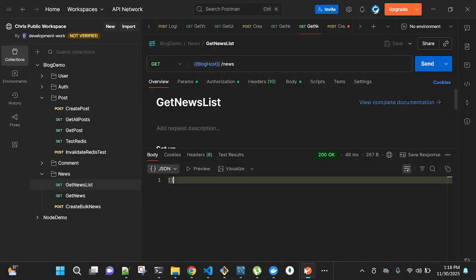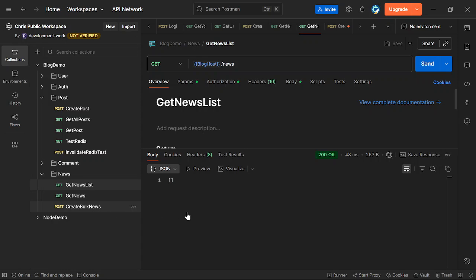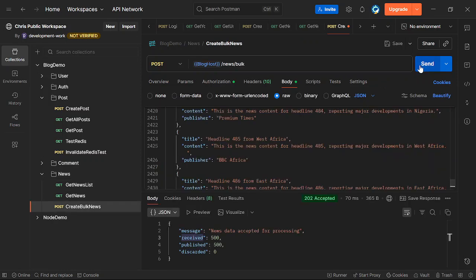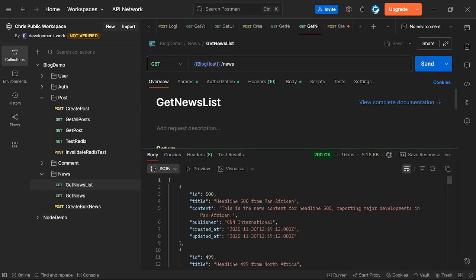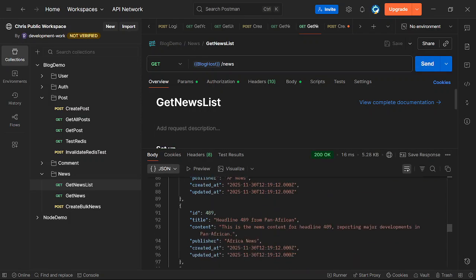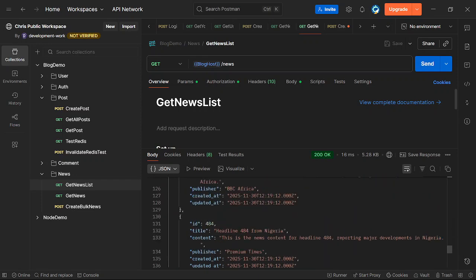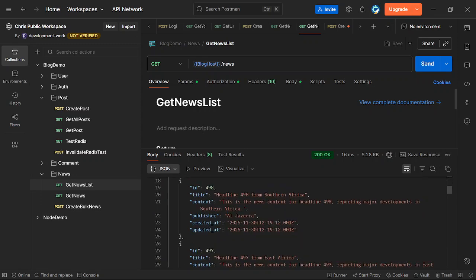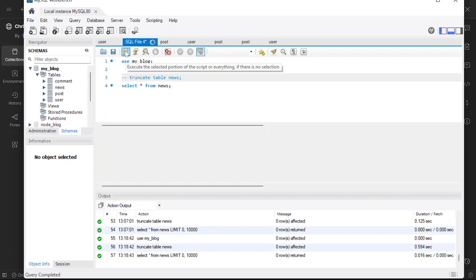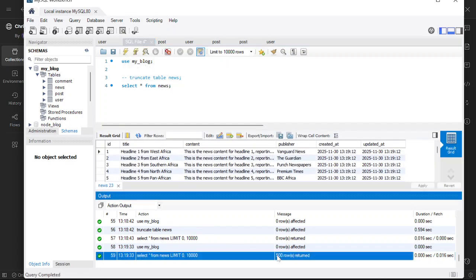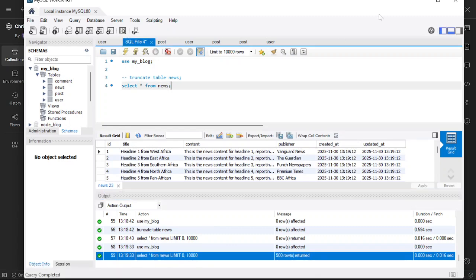So let's test. If we come here, try it now. Right, successful message. Let's see if we have any data. Initially it was an empty array. Now we can see the data. Everything was successful. We are fetching just 20, but there are many of them in the database. If we fetch from 500 rows, it's 500 data that was sent and populated.